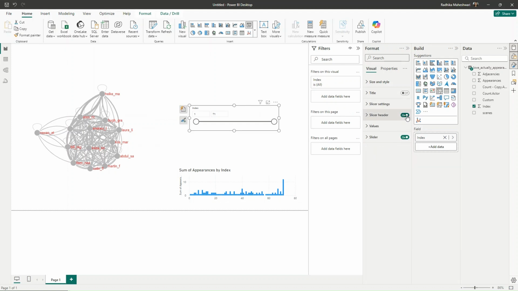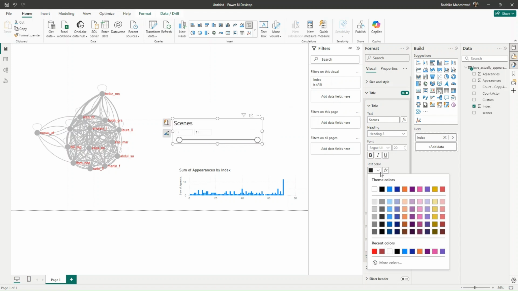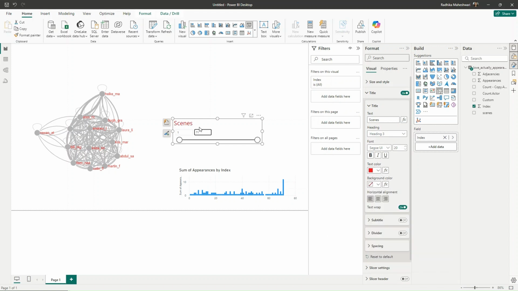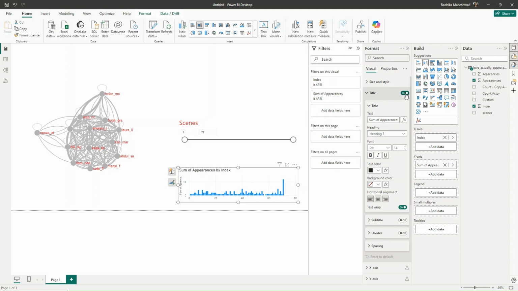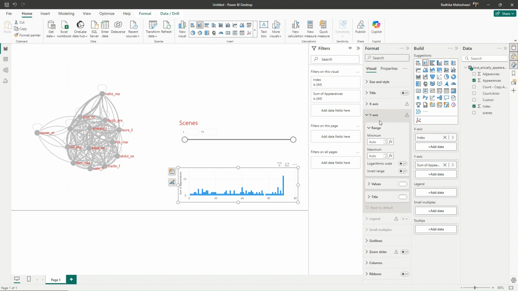Now I will edit this slicer first. So for that, I will switch off the slicer header, turn on the slicer title, and we want scenes. I'll change the font, increase the font size, and I will also change the text color. Now for appearances, we again don't want the title, so I will switch off the title. On y-axis, we want the title to be appearances.